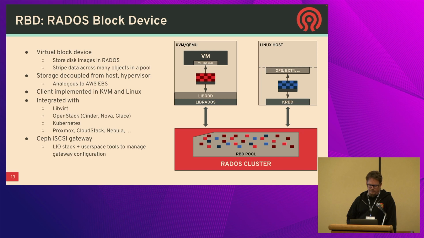We wanted to bring our virtual block devices to people that weren't necessarily going to be consuming them from Linux systems. One of the things we initially looked at was doing this via iSCSI. We do have an LIO stack that works with our librbd block, in conjunction with user space tools to set up iSCSI gateways. And we had some people that were starting to use this, but